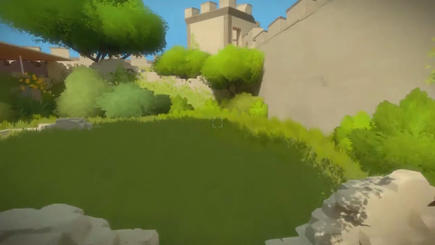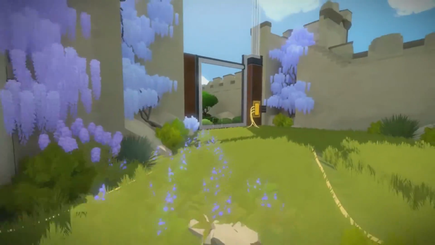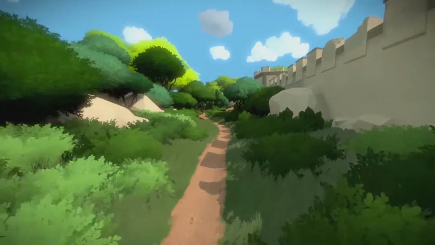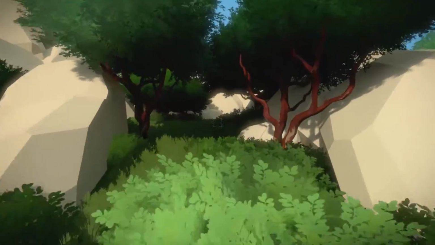There was nothing in there. There was nothing in there. And we can't get there. Yeah, we have to go outside. Okay, so let's go outside. So you can see here, I'm just going to run and walk at the same time just to show you. Nice little